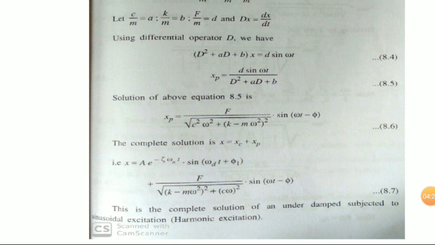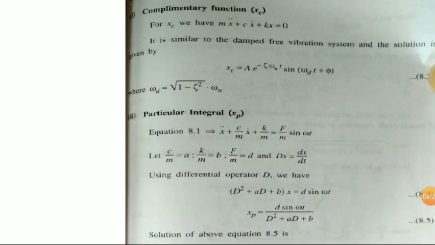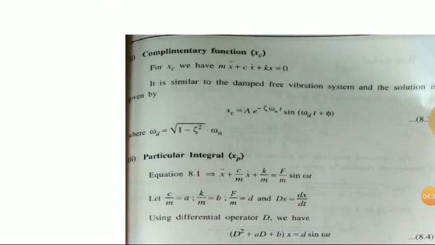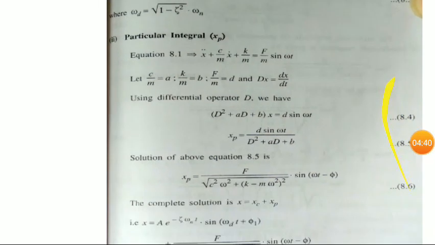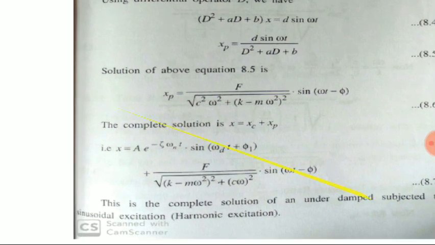Why is it called underdamped? You can see the initial equation we have written, the free vibration complementary function equation. This equation corresponds to an underdamped system, which you can refer to in the previous video. One more thing: we are writing x equals first term, the complementary function, second term, the particular integral. In the complementary function you can find a term e raised to minus eta omega n t.